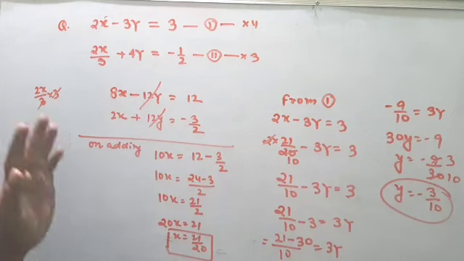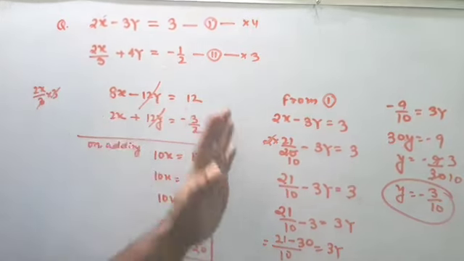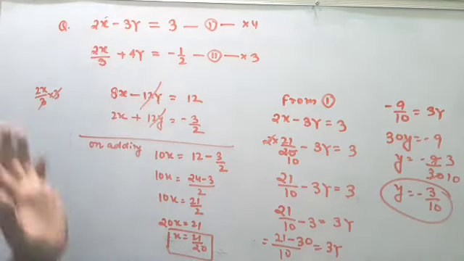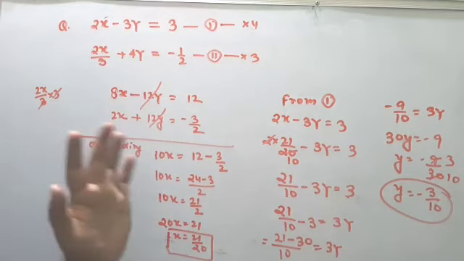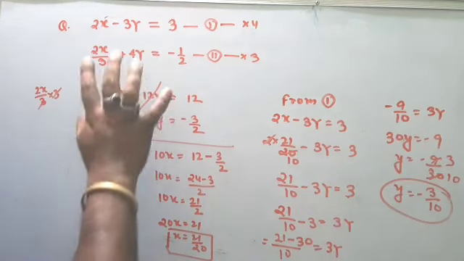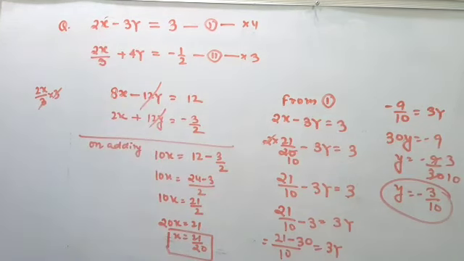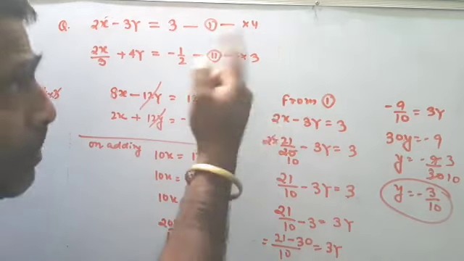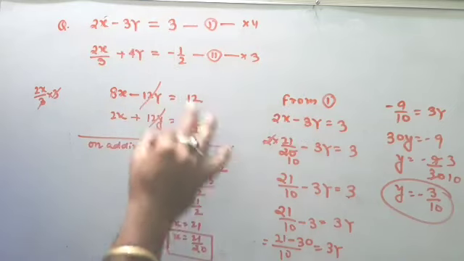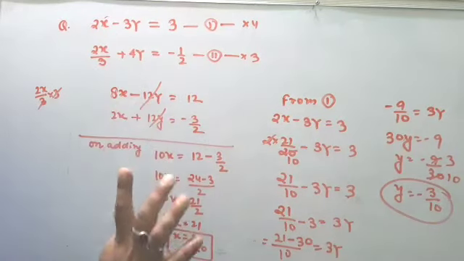So like this, if you use only one concept, then it is easy for you to solve all the equations. Okay, this is not a rule that you must use this one. I always prefer you to do like this. That is my concept, so that is easy for you also. Only one concept: if there is an opposite term, then I cancel that variable. And if there is no opposite term, then by multiplying one of them by a minus or negative number, I make it an opposite term. Okay.